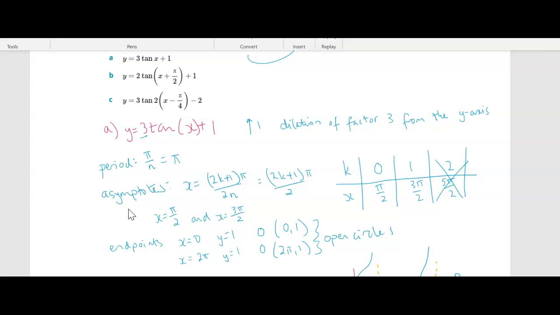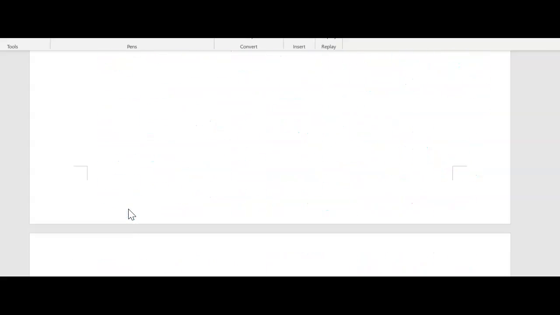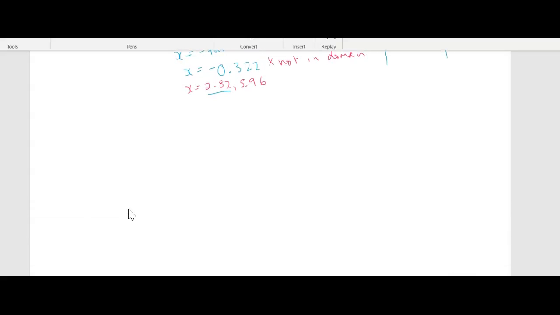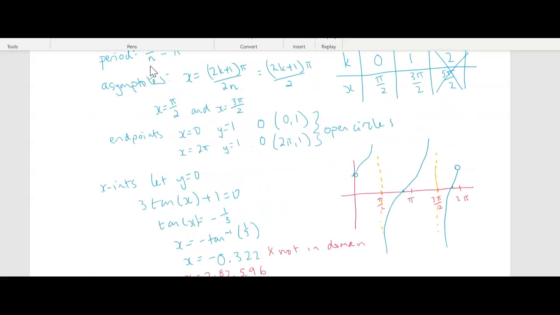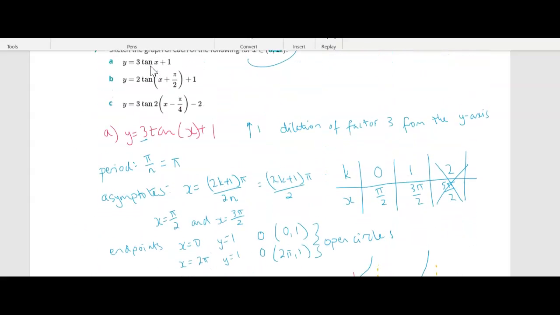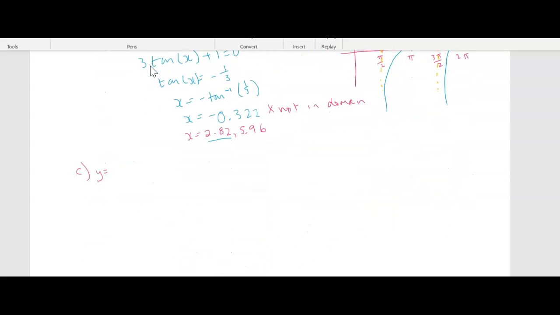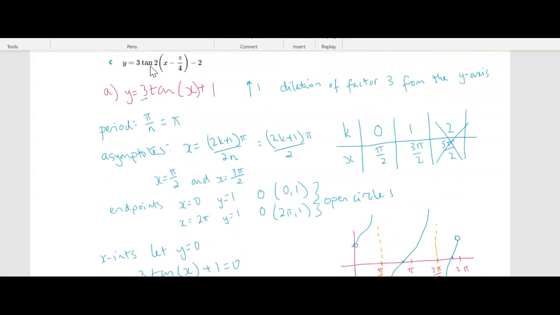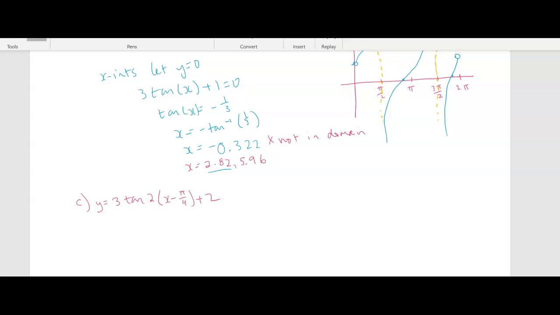So in C, we've got a horizontal and a vertical translation. Let's see if we've got enough space here to do it. Probably do. Okay, so question C, can't remember what it was. Y equals 3 tan 2. Now, I think that's what it is. Let's just double check. Oh, it's minus 2. It's all good. All right, so when we think about the transformations for this one,